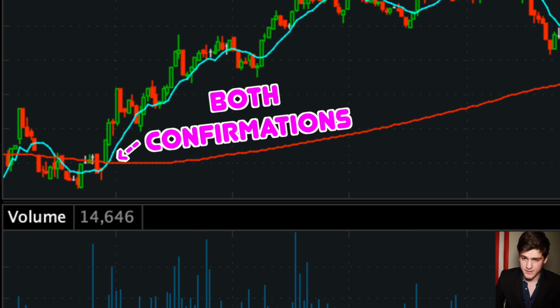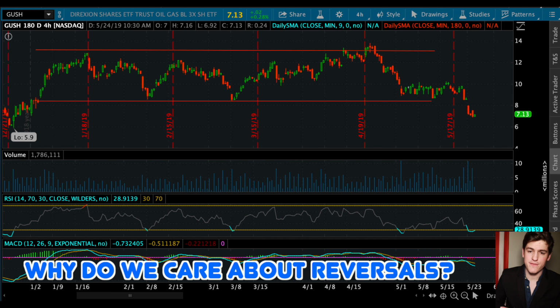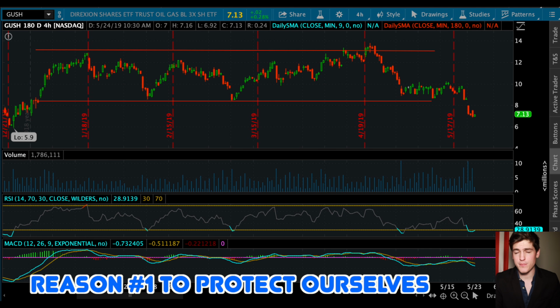Okay, but before we get into that, let's go more into the why. I'll give you a few examples of the why before we get into actually how to spot reversals. The most obvious reason is to protect ourselves. If we are trading and see a perfect setup, such as this one on Gush, we need to make sure that we are aware when the trend reverses so that we can identify a potential pattern break